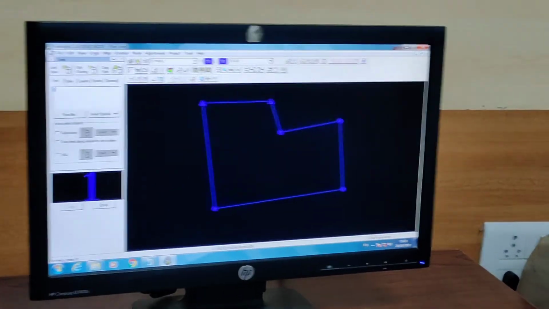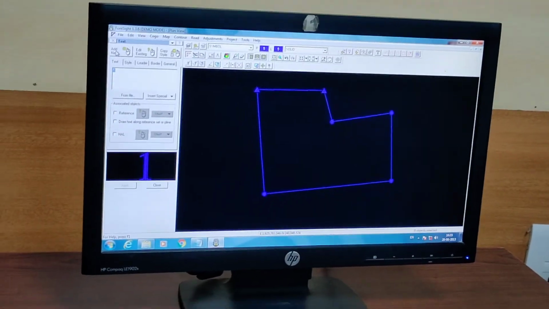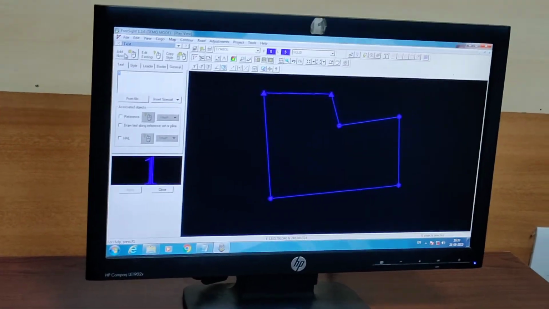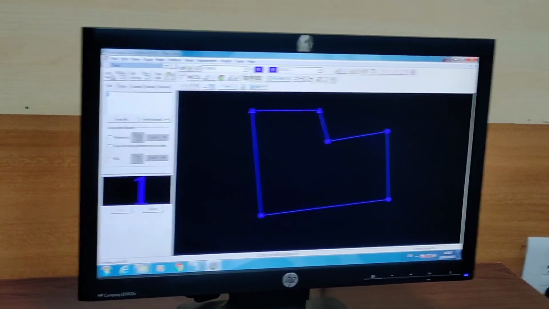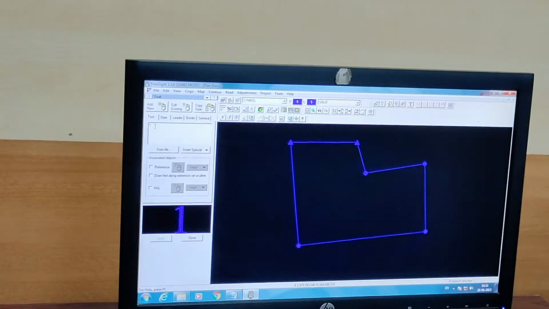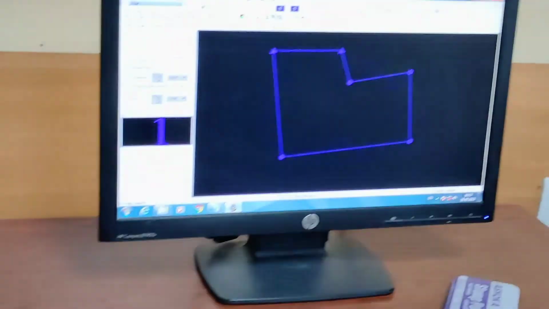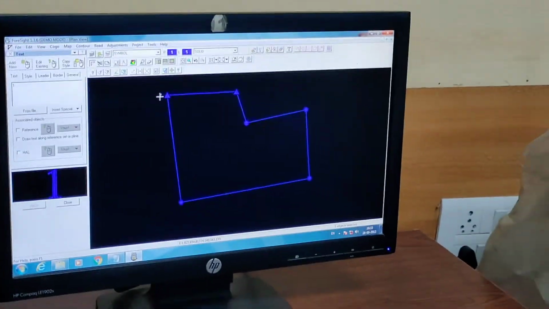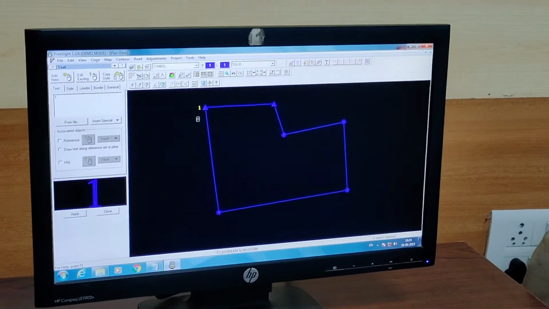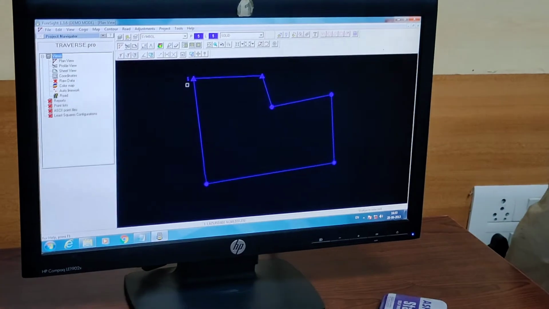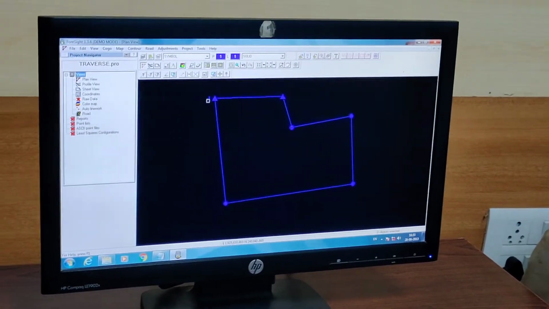Text 1. Just add new. After setting all style, font size, etc., you have to type its text also. Add new. Here, see, the text has come now. You can increase its size.